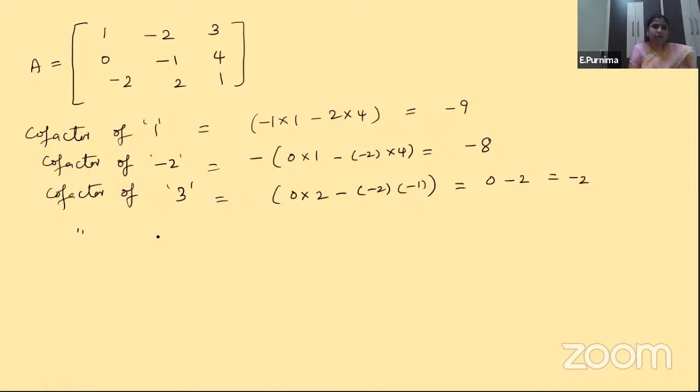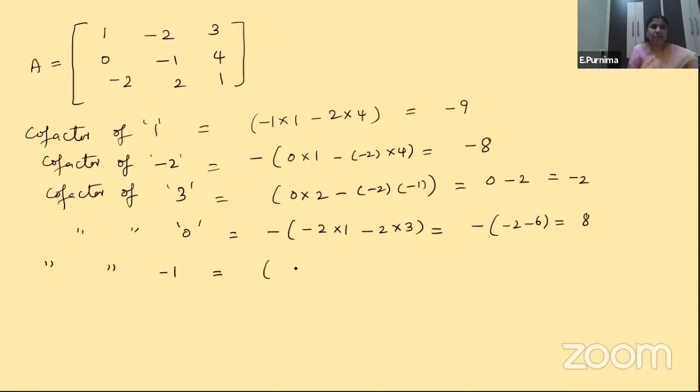Which is 0 minus, minus into plus is minus, that is 2, which equals minus 2. We are getting minus 2. Cofactor of 0, second row element, I am trying to find out. This row and this column, it is also a negative sign, children, because it is in the second row, first column. Eliminating that row and column, we are left with 2 into 1 minus 2 into 3. The four elements left, that determinant I am trying to find out. Minus of minus 2 minus 6, which is minus 8. Minus into minus is plus 8.